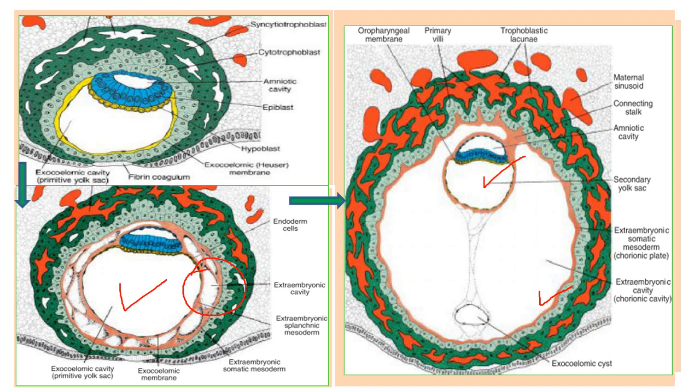In the second part of the figure, it is shown that between the cytotrophoblast, which is in light green color, and the yellow colored extra embryonic membrane,